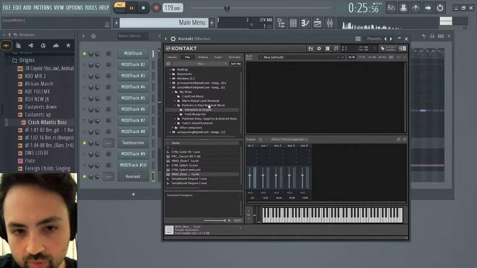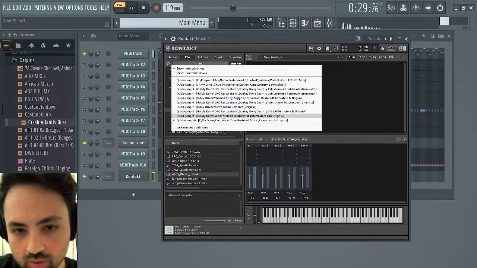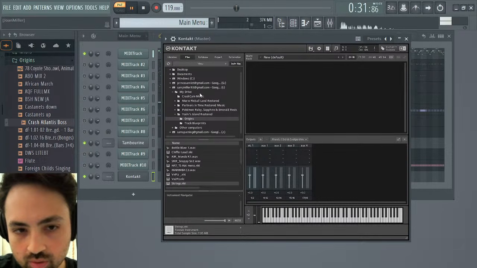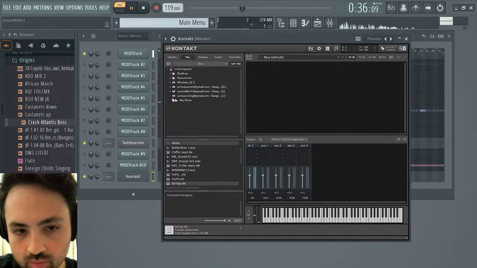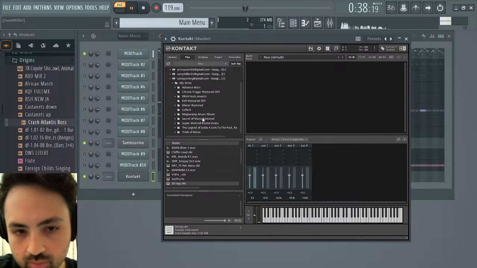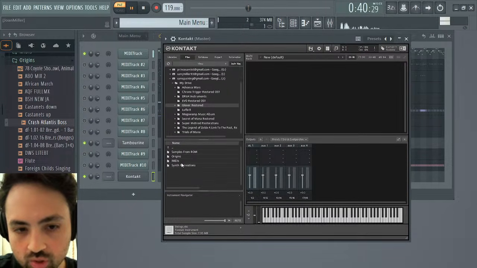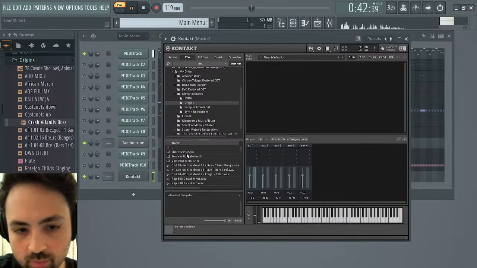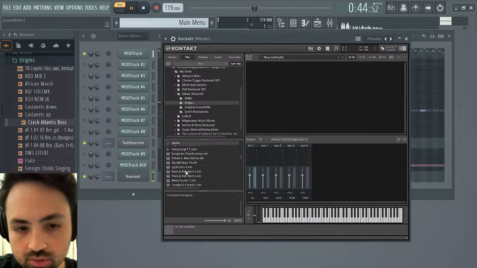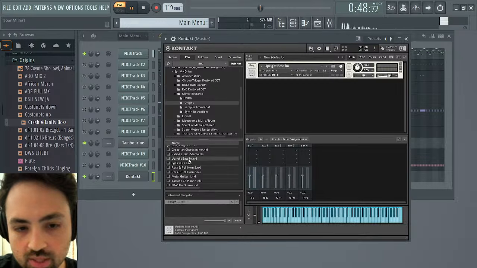I think I just switch between two of these mostly. So for this bass, I forget where it comes from, but I think it's Sample Cell. It's the upright bass. Okay, so